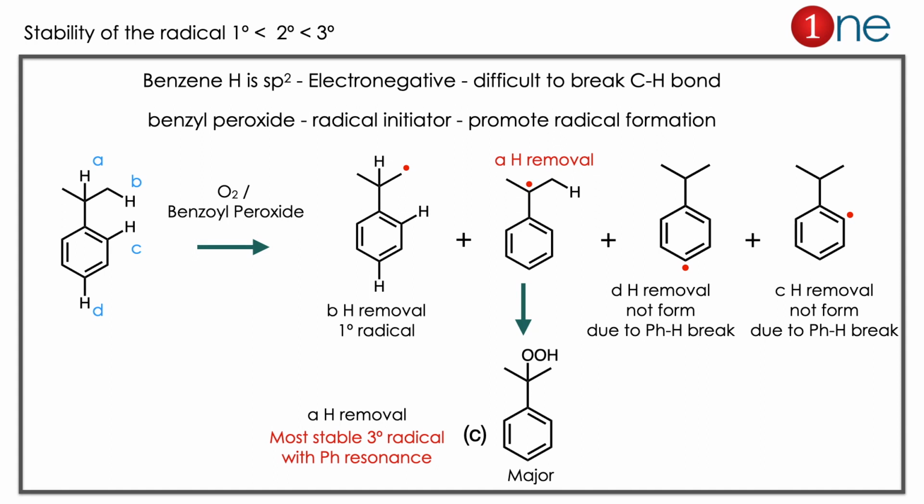The first step is removal of weak bond. Here 4 different weak bonds are there, A, B, C, D, basically C-H bonds, which will be removed. Normally the benzene bonds are difficult to remove, which is C and D, so it will not form at all. There is a competition between A and B. If you remove the B, you have primary radical. If you remove A, you have secondary radical. So if you compare the stability, secondary is the more. So the major product is the secondary radical formation and secondary O2H attachment. So the answer is clearly C there. Here the concept you have to learn is benzoyl peroxide is a radical initiator. It always promotes radical formation.